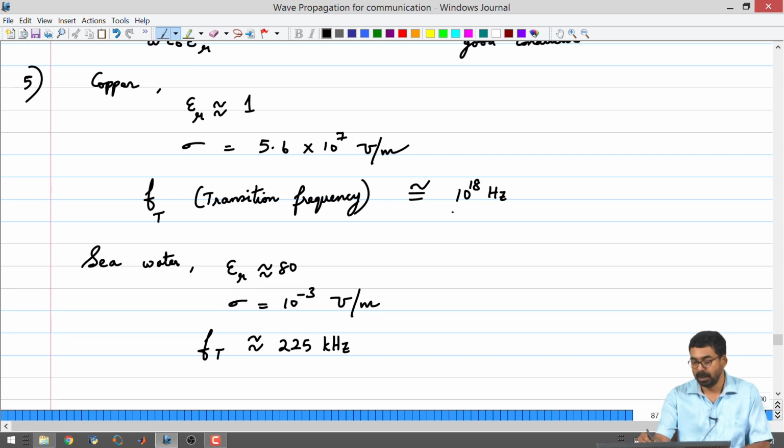So, I just wanted to show the high range of frequency and the relatively very low range of frequency by appropriate choices of epsilon r and sigma. This transition frequency in semiconductors is also called the dielectric relaxation frequency. At this point, you will not be able to figure out whether the material is behaving like a conductor or a dielectric. In conventional optics, it is also common to call this the plasma frequency. These are just different terms. We will use the term transition frequency.